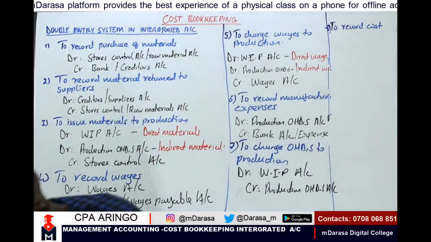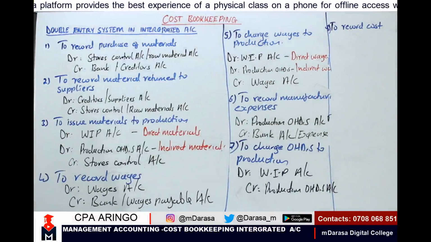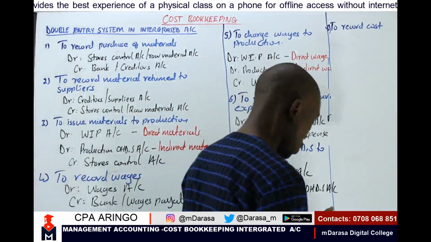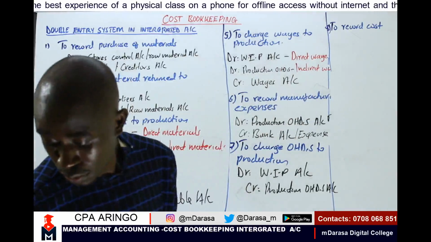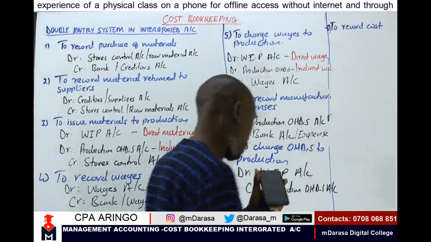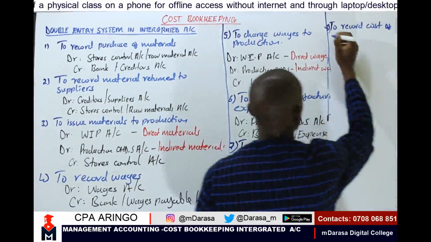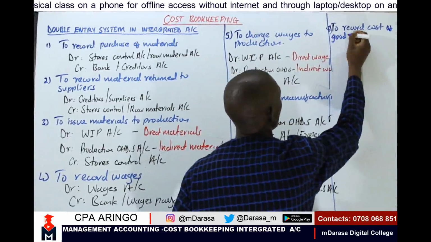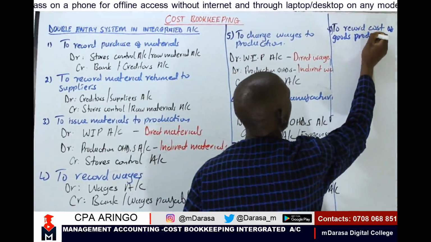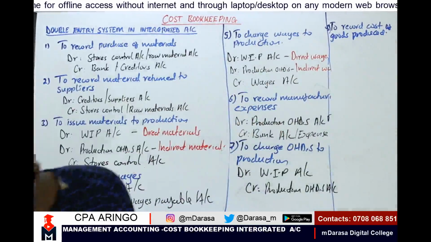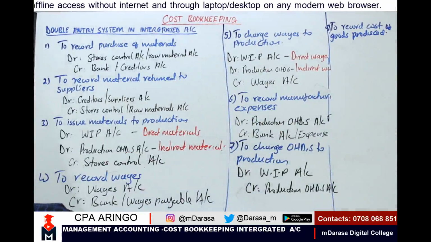So we are talking of recording the cost of goods produced. This is what we are having here. To record cost of goods produced, that will be simple, because what we'll be doing,